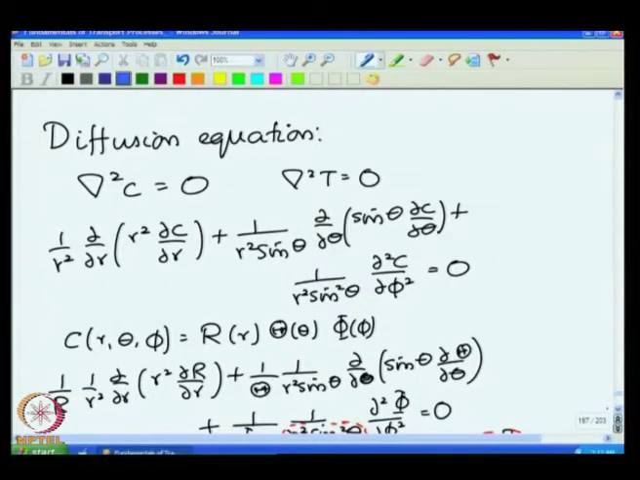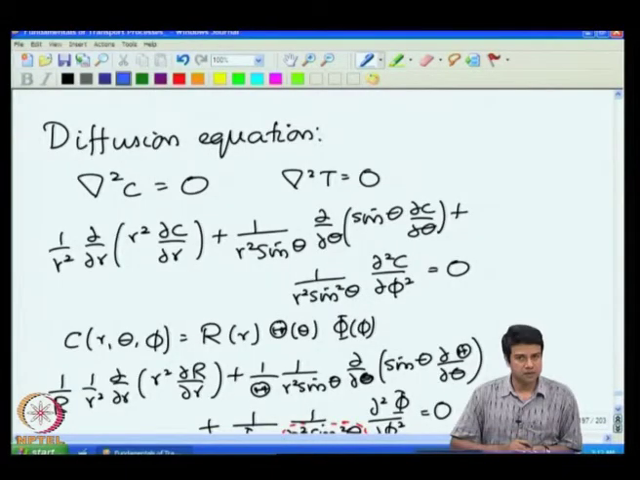So, this is lecture number 30, where we were looking at transport processes in a spherical coordinate system in the limit of low Peclet number, where diffusion effects were dominant when compared to convection effects. So, we were basically solving the diffusion equation del square C is equal to 0 or del square T is equal to 0 in a